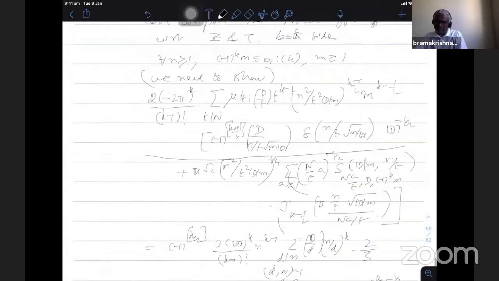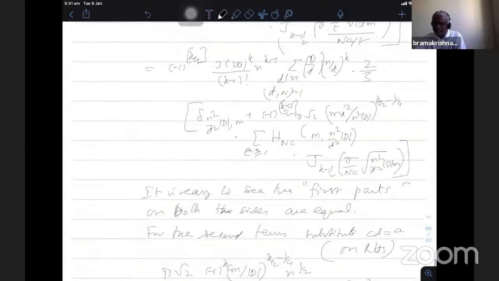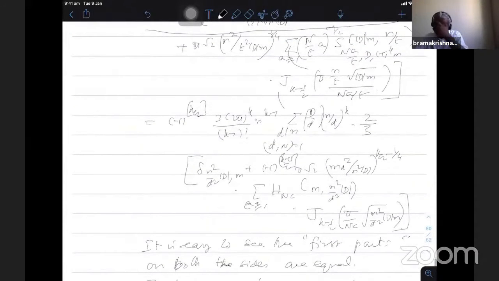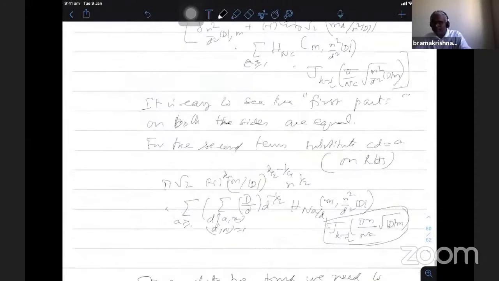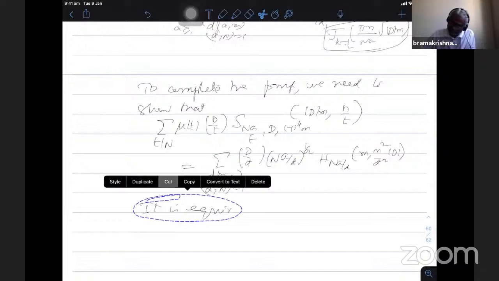After careful verification, we show that the first terms are equal. After that, make a change of variable on the right hand side so that the Bessel functions on both sides coincide. Therefore, we need to prove some identity except for the Bessel function. If I show that, I can just go back and say that these two are equal. Therefore, going backwards, I can complete the proof. So instead of proving this one directly, it follows from the following proposition. That's the correct way of writing this.